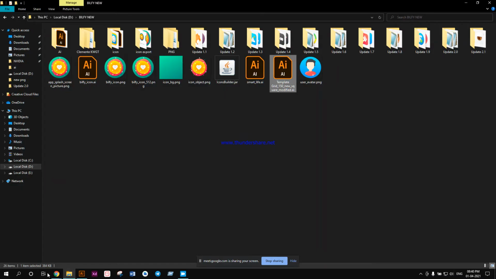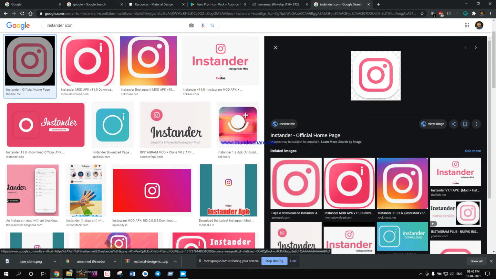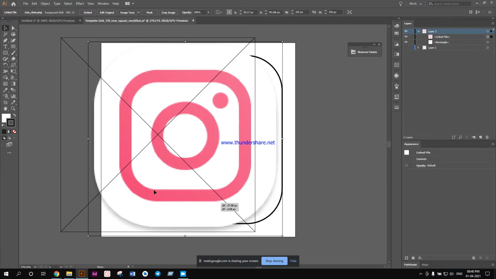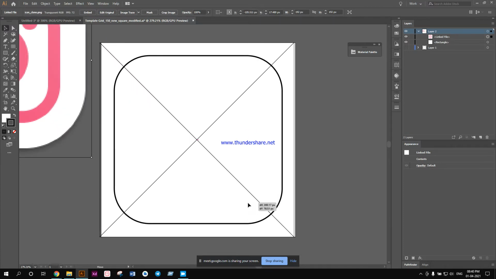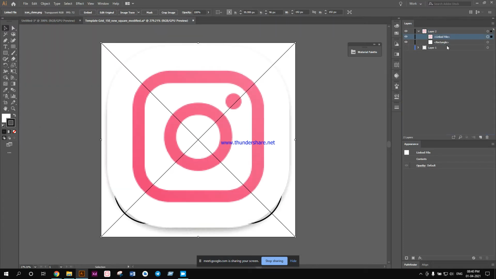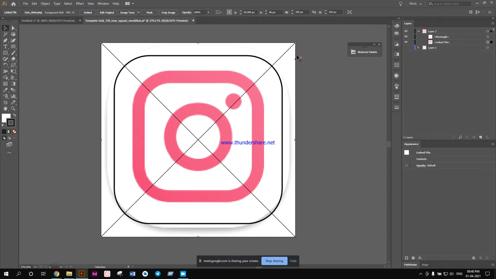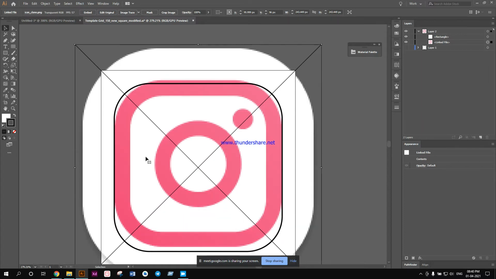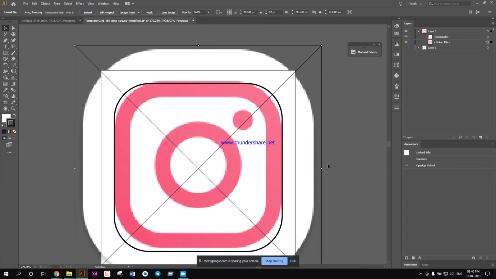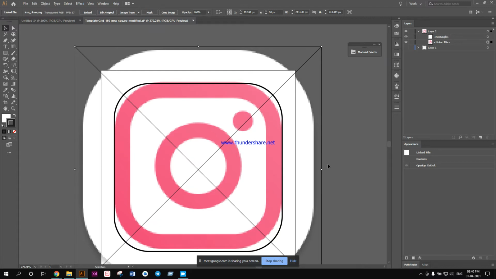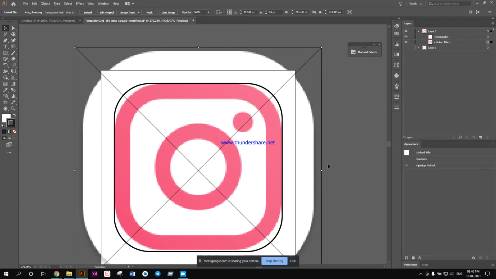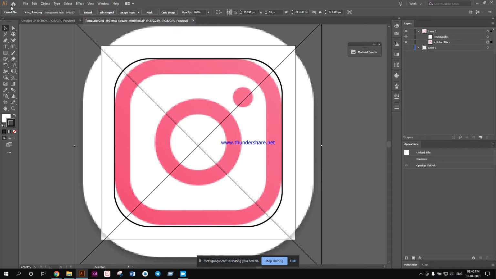Now I downloaded the icon over here, the PNG file. I'm just going to drag and drop it over here. I'm just going to paste it below, and expand it so that all the actual boundaries of the icon are proper with my grid. I am also going to try to center it with the up and down keys, because this is a 192 by 192 pixels project. So how can you create a 192 by 192 pixels project?